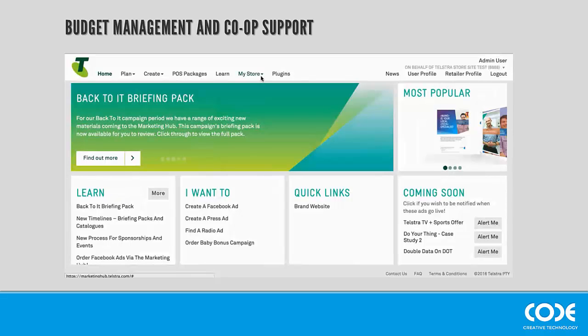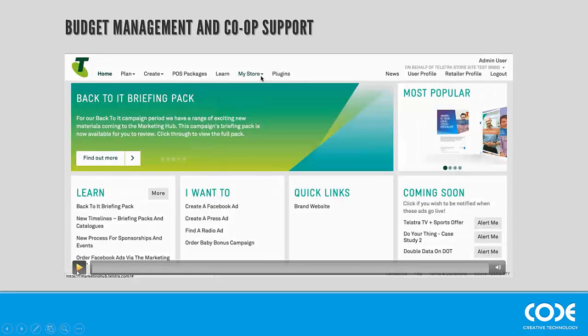The demo that you've just seen using Nissan focused on budgeting in terms of the process of setting a budget, planning how to use that budget, and tracking how and where that budget has been used. In this demo, we're going to look at the other end of the process of the budget management functionality within adZU, but really looking at how we process some of the invoices and the payments and apply co-op support to